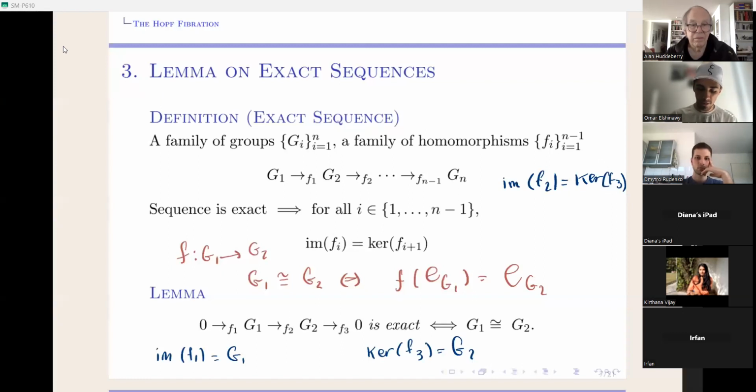And what is the kernel of F3? This is G2. And if this sequence is exact, then the image of F2, and not the image of F2, but the kernel of F2 is equal to the image of F1, which is also